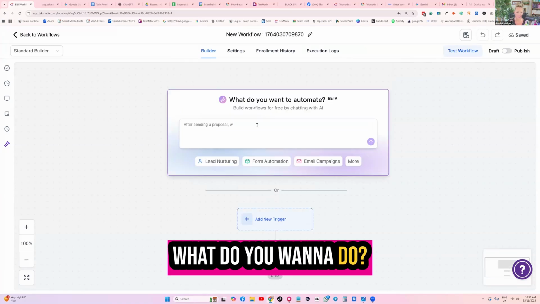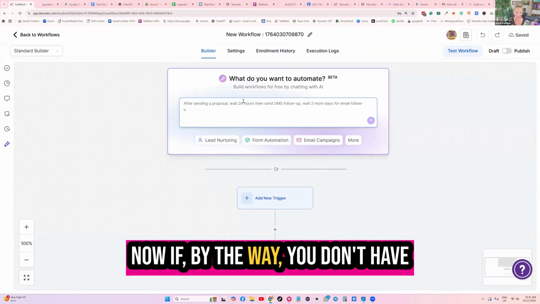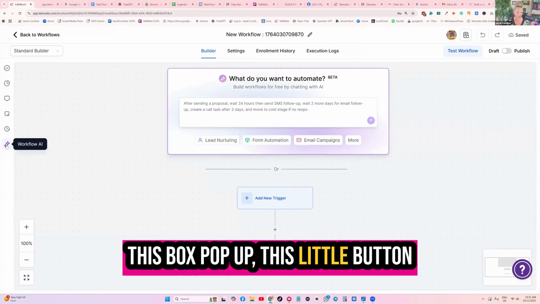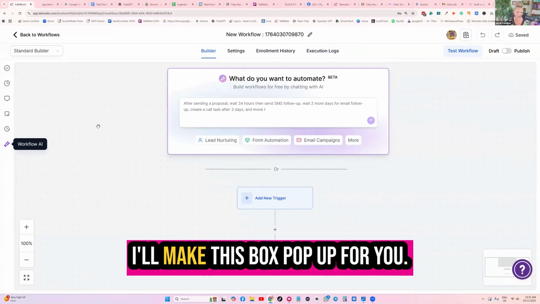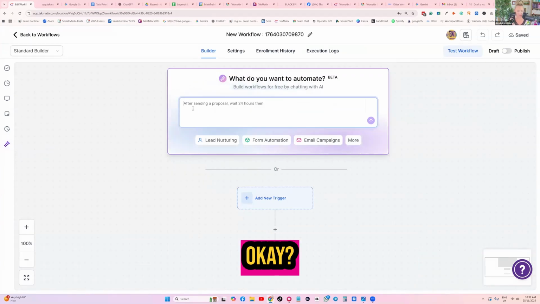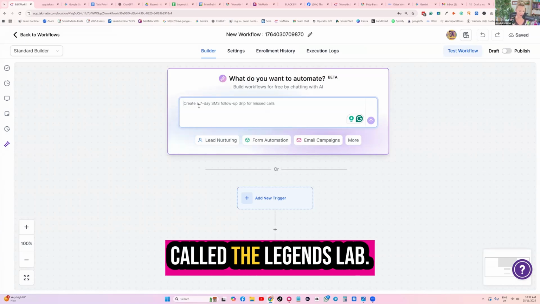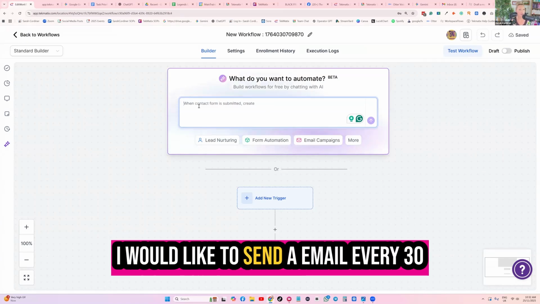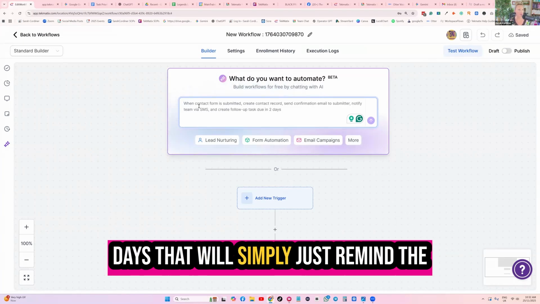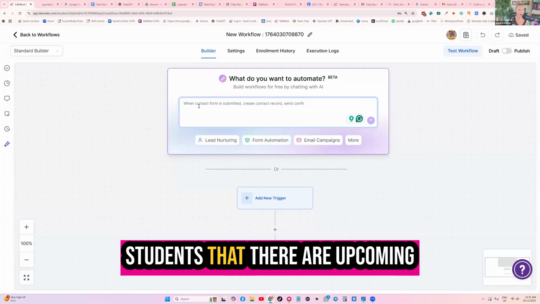What do you want to do? Now if, by the way, you don't have this box pop up, this little button here does exactly the same thing. I'll make this box pop up for you, okay? All I'm going to say is I run a monthly membership called the Legends Lab. I would like to send an email every 30 days that will simply just remind the students that there are